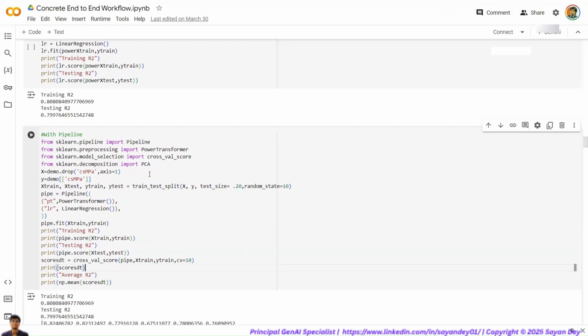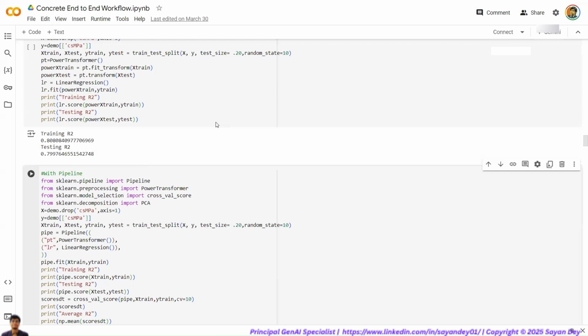So there are different steps that we have in the pipeline: step one, step two, step three, step four, step five, and so on. That is what we call a pipeline here. What we did here is instantiate the pipeline, and this pipeline consisted of two steps. First, you've got